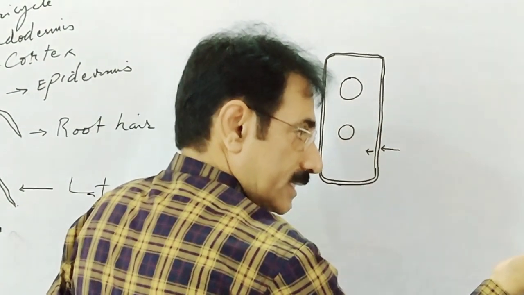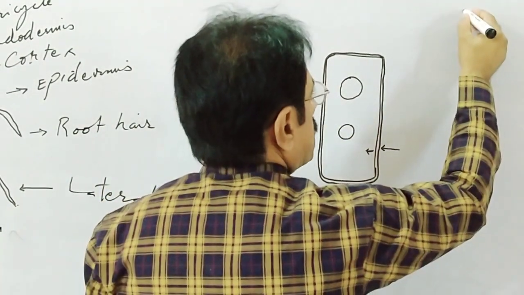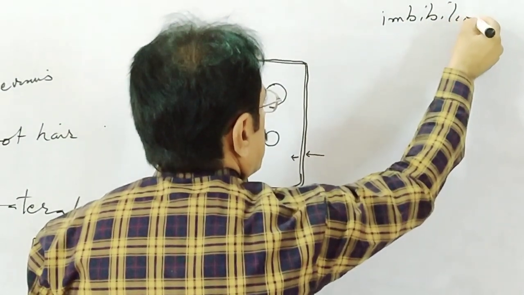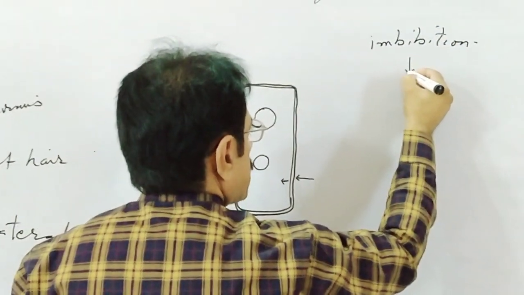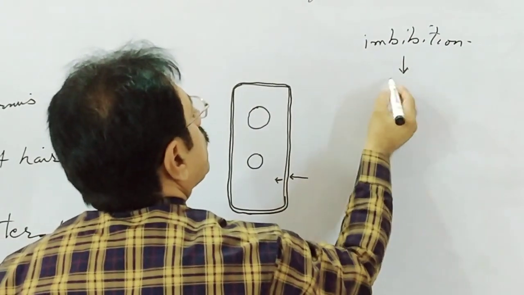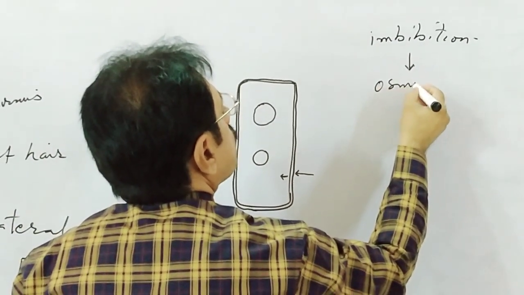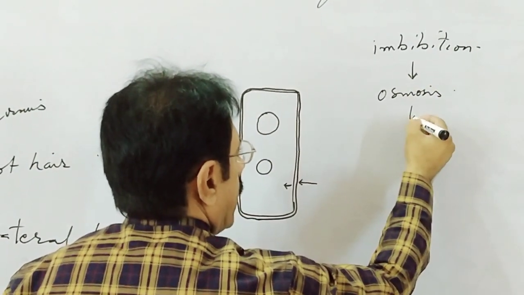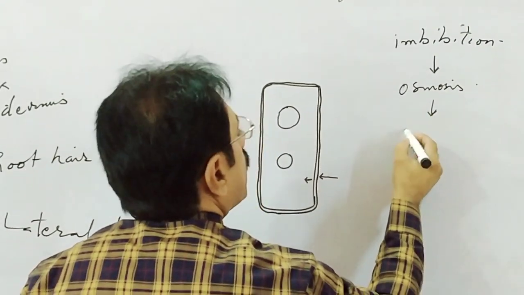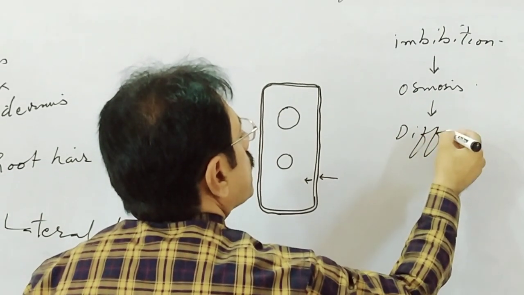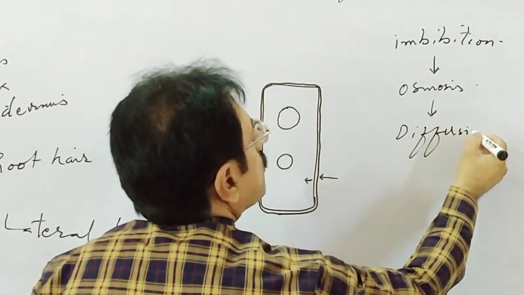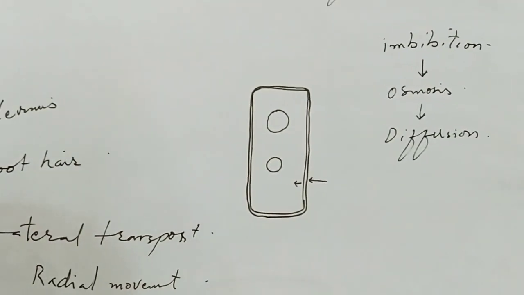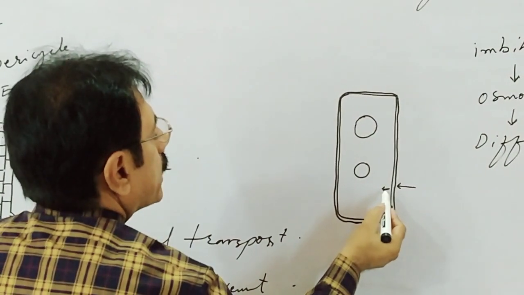Let us see the processes. The first process involved is imbibition. After imbibition, the second process in the movement of the water is osmosis. Osmosis is when water passes through the cell membrane, and after osmosis, the process is called diffusion. Dear students, osmosis is also a special type of diffusion, and then the water that gets diffused